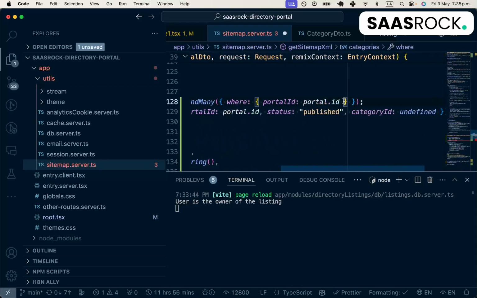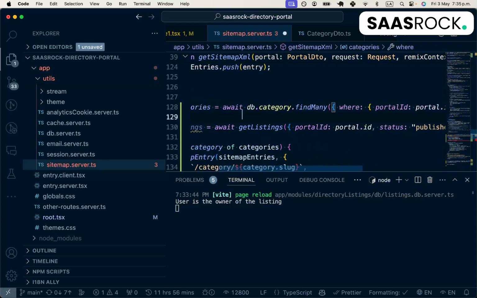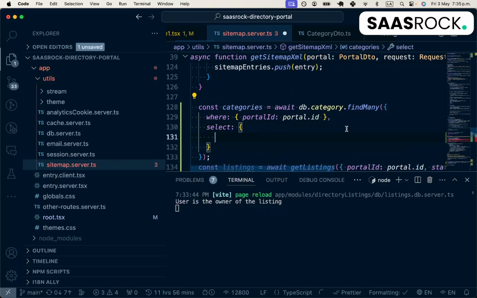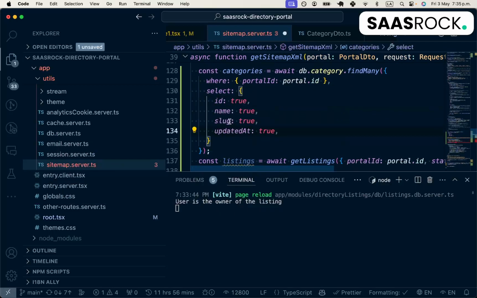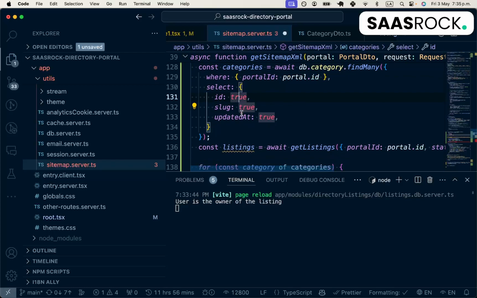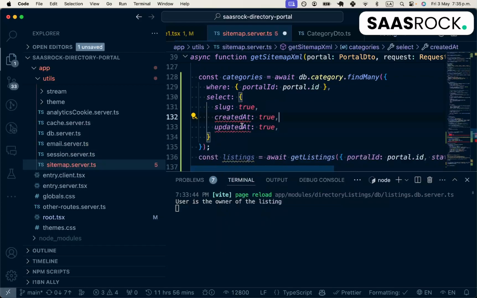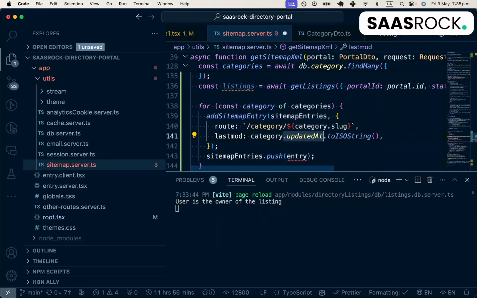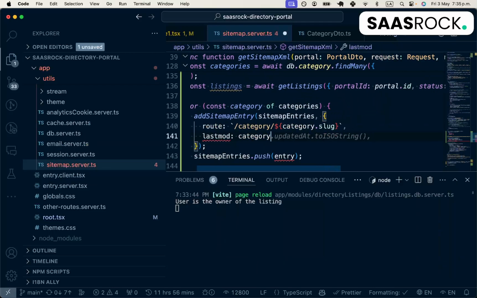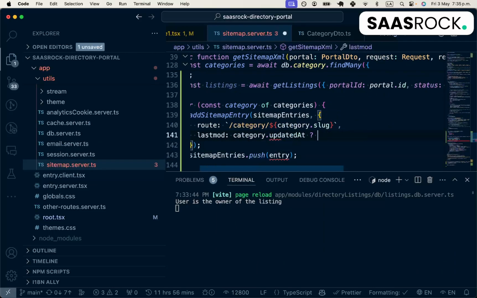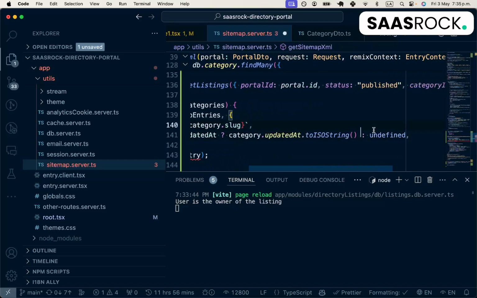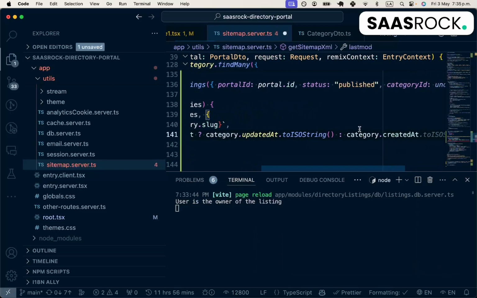But we can only select what we need. The slug and the updated at, maybe created at as well. So we can check if updated at, put that, otherwise put category created at,